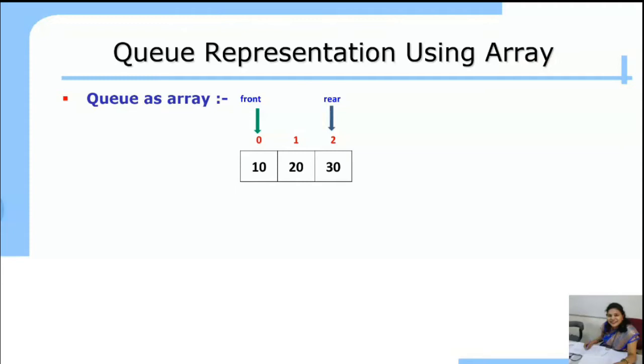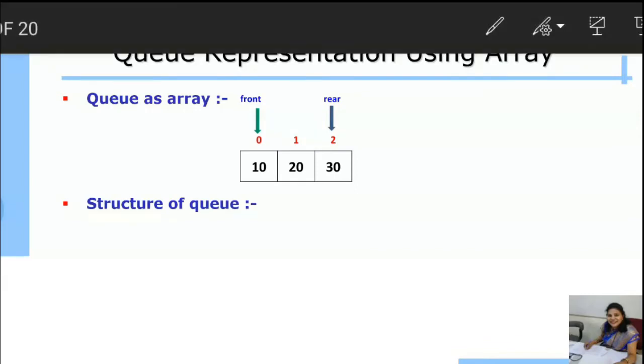Queue representation using array. If you want to store the queue using an array, you require one array and two pointer variables. So this is an array of size 3 and two pointer variables, front and rear. Insertion takes place from the rear end and deletion takes place from the front end. So this is the structure of queue. For making the structure of queue, you require one array and two variables, front and rear.